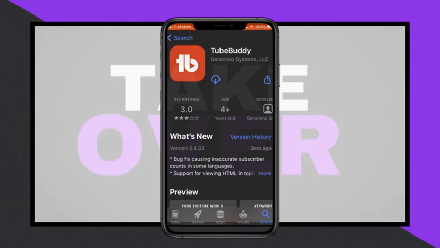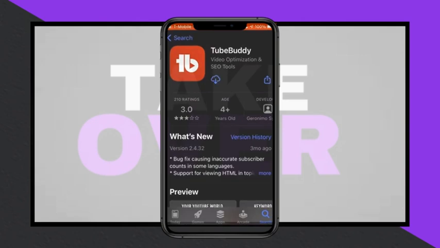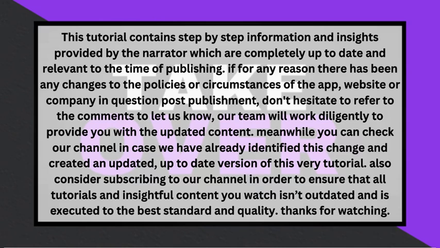To stop your iPhone or iPad from requiring a password when installing apps, you can easily modify the settings. When you try to download an app, it typically prompts you to enter your Apple ID password. However, you can change this by opening the settings on your device, scrolling down to the second group of options,